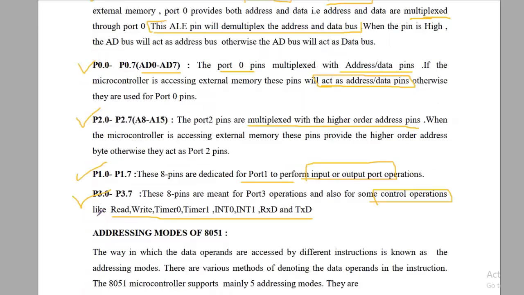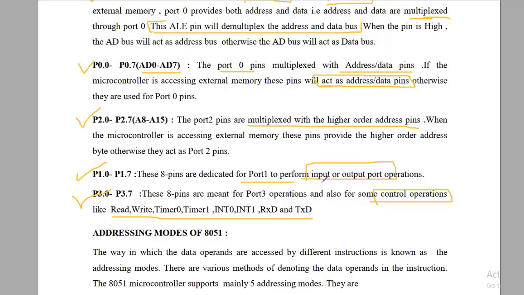Next are the 4 ports. P0 has pins from 0 to 7, next is 8 to 15, from 0 to 7, then again from 0 to 7. P0 basically acts as the address and data pins. P2 acts as the high order address pins.